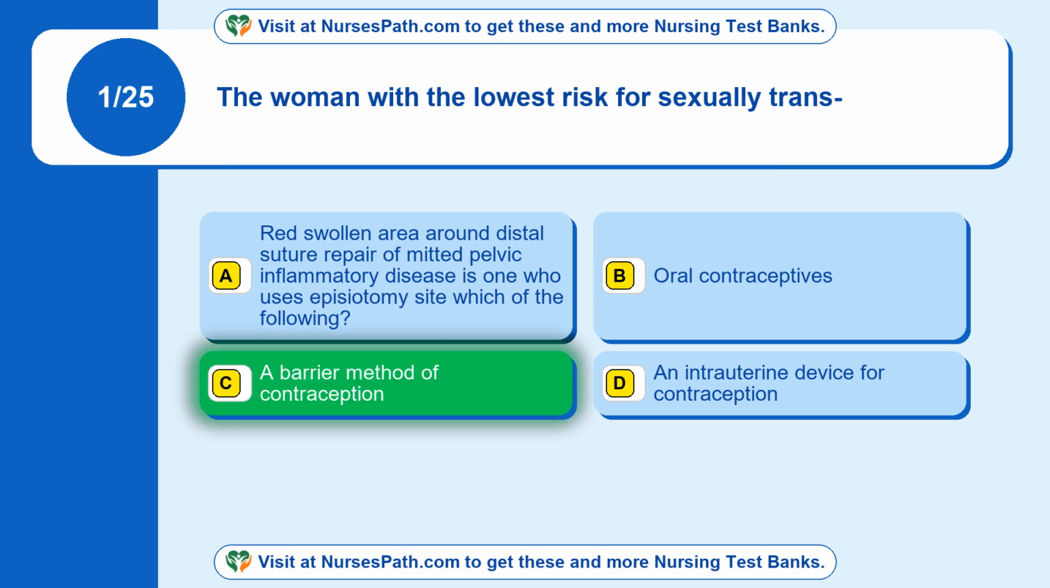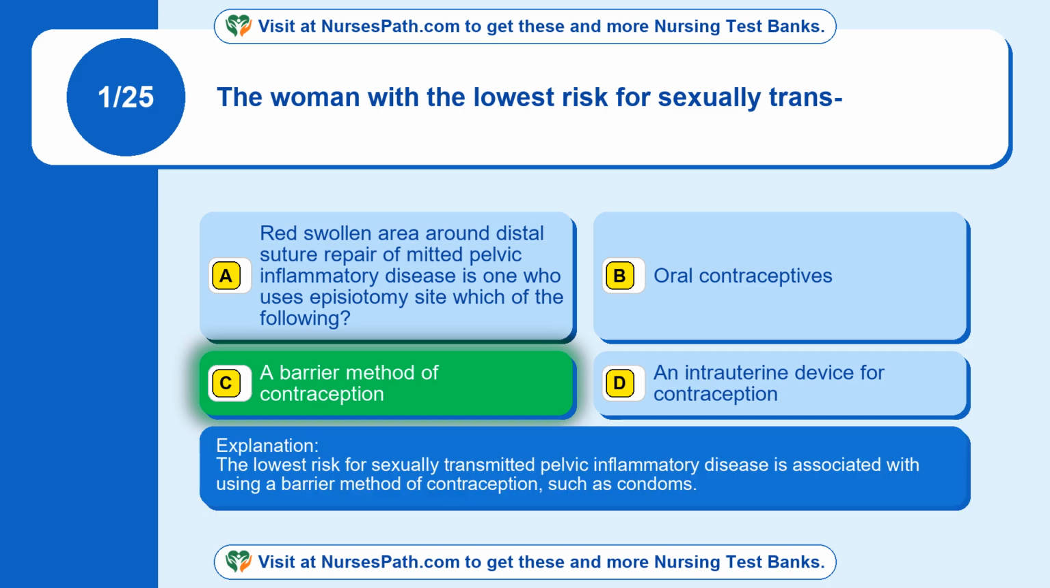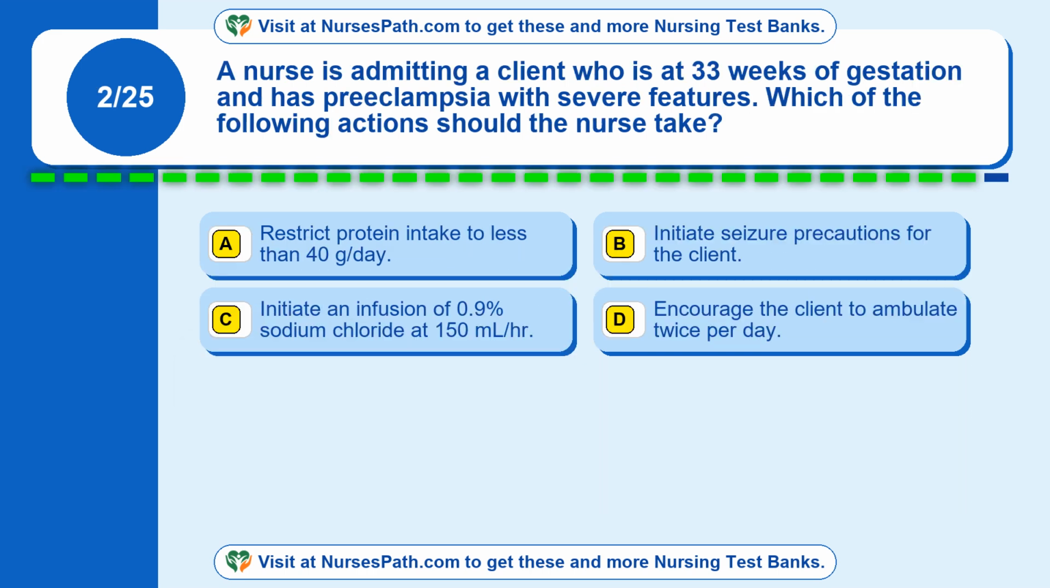The correct answer is option C. A barrier method of contraception. The lowest risk for sexually transmitted pelvic inflammatory disease is associated with using a barrier method of contraception, such as condoms. Question 2. A nurse is admitting a client who is at 33 weeks of gestation and has preeclampsia with